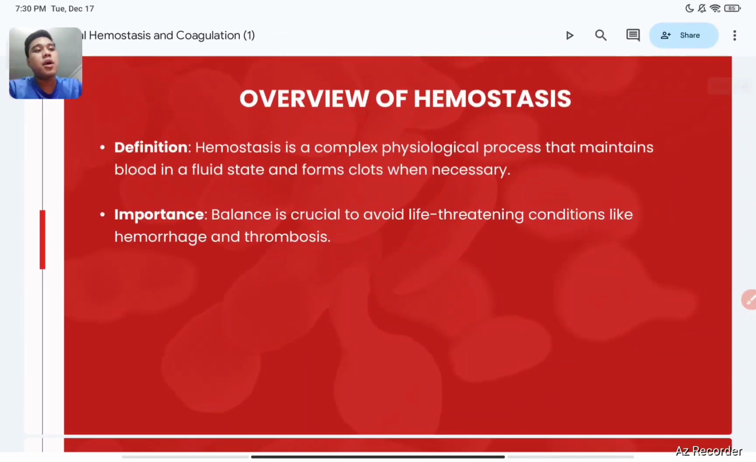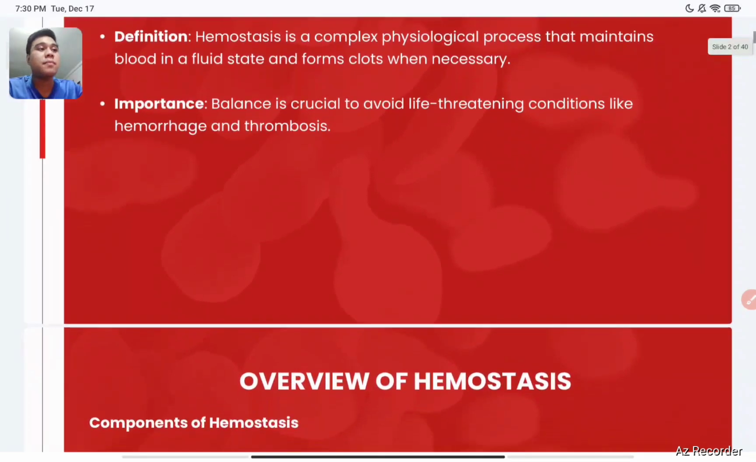So just an overview of hemostasis. It is a complex physiological process that maintains blood in a fluid state and forms clots when necessary. So what's the importance of hemostasis? This is crucial to avoid life-threatening conditions such as hemorrhage and thrombosis. So as you know, hemorrhage is massive bleeding and thrombosis is the formation of clots. So there needs to be a balance in the blood so that we don't form these conditions, para hindi tayo mag-bleed, at the same time hindi mag-form ng clots which will lead to ischemia and leading to stroke and heart